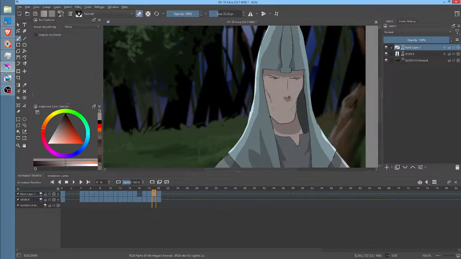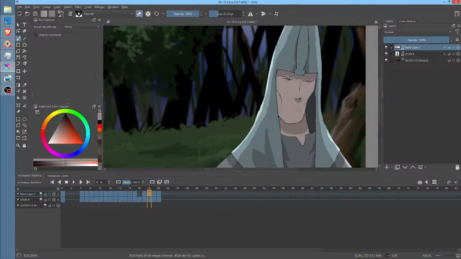Erase that. So a little bit of work for sure to clean that up. Get rid of the stray pixels, and we're good. Are we good? Yeah, we're good. Okay, so we'll Control E, merge that down, save our work as usual. And back to lip sync.